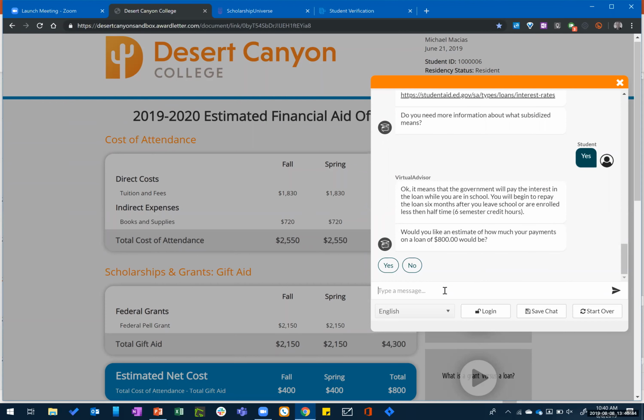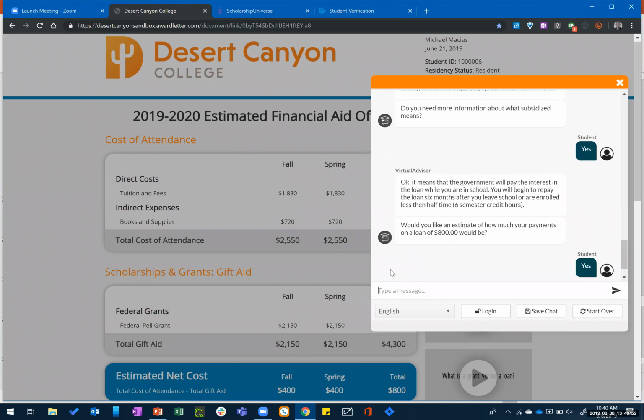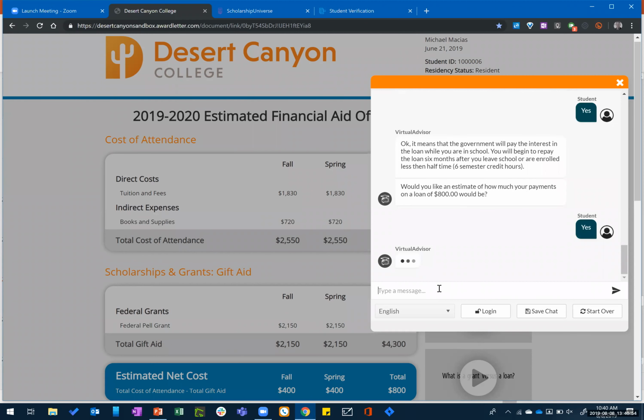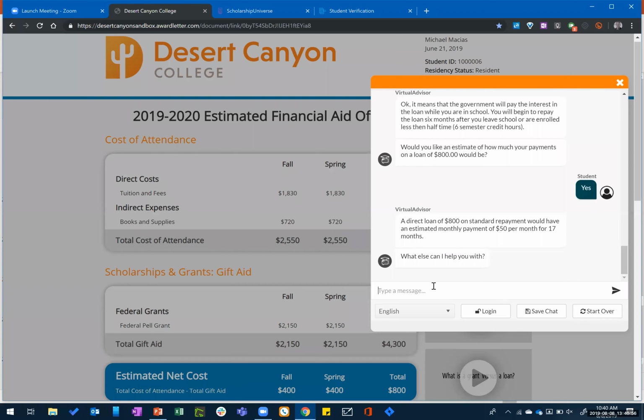So it's going to explain to me what a subsidized loan is, and then it's going to recommend that maybe I should be asking, you know, what my payments are actually going to be. Yeah, that would be great. You can do that. That would be great. Okay. Yeah, there we go. And now it's kind of exhausted those questions that it thinks I should have asked, and it says, okay, so now back in your court, is there anything else that I can help you with?